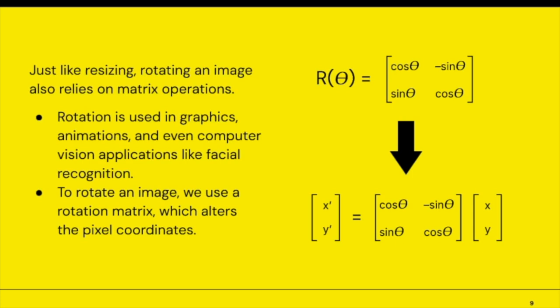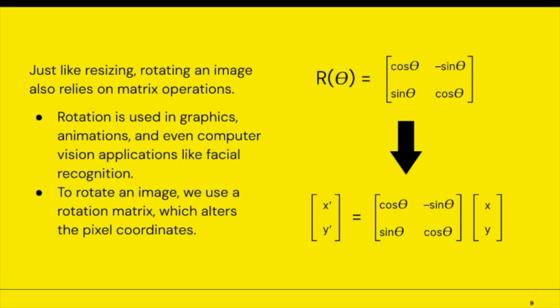Now that we've seen how images can be represented as matrices and how they can be scaled using linear algebra, let's look at another fundamental image transformation, rotation. So in this chapter, you'll learn how to rotate an image using matrix multiplication. Just like resizing, rotating an image also relies on matrix operations, namely multiplication, as I stated earlier. This is an important function because rotation can be used in graphics, animation, and even computer vision applications like